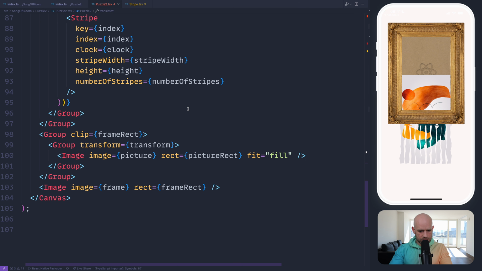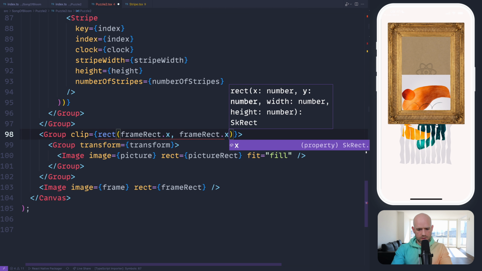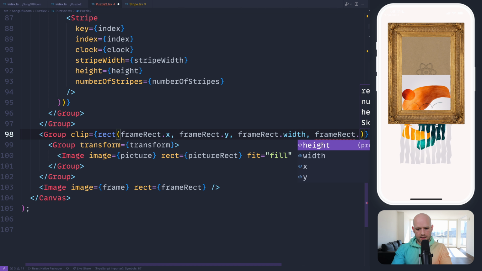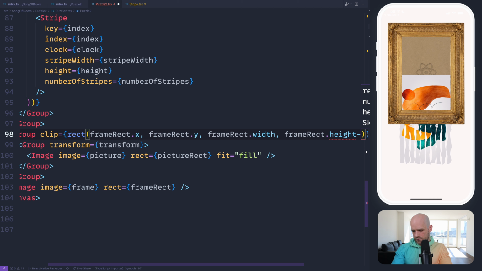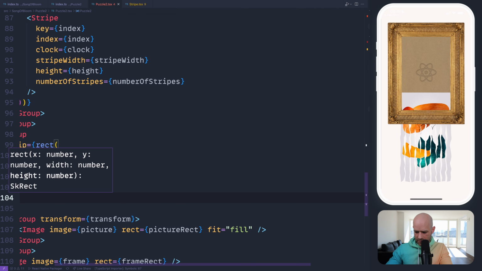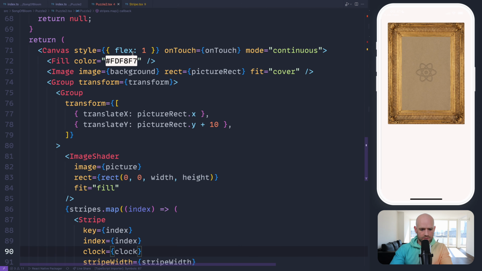And we can also improve the clipping here. So we can do .y, .width, and for the height we can remove maybe 10. Okay, so now that looks good. And one thing we can do is that when we drop, we can increase the amplitude and frequency.